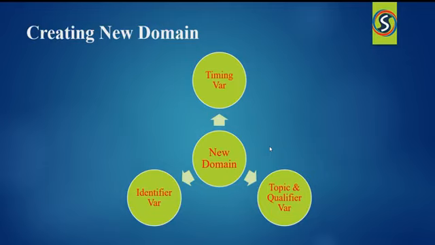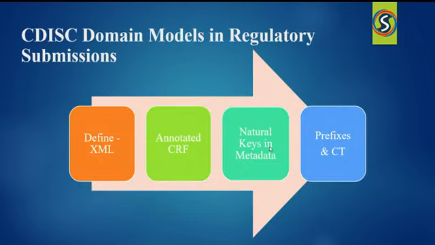So based on that, set the order of variables consistent with the order defined in SDTM. Depending upon the general observation class the custom domain is based on, you can adjust the labels of your variables only as appropriate to properly convey the meaning of the content of the data being submitted in the newly created domain.